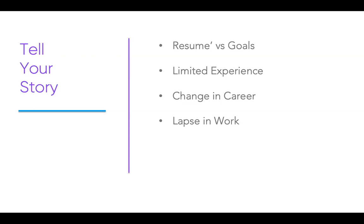Maybe you're going through a change in career. We have people all the time that tell us that the job that they're in today is not the job they want to have. They're just not happy doing what they're doing, and they want to make a change in their career path. And the best way to make that transition is by explaining in their story why they want to make the change. Because if a jobs creator is only looking at a resume, what they see is a list of skills that don't represent the job that they're looking to hire. And this is a great way to share that story and talk about why you want to make a change